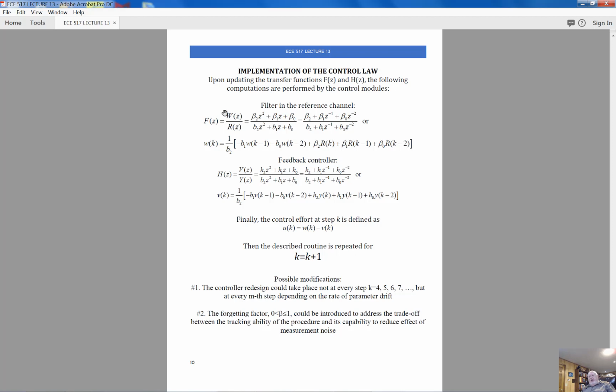The transfer function of the filter is defined as the z transform of some output variable of the filter w divided by the z transform of the reference. They are defined by this transfer function. I have absolutely no problem dividing numerator and denominator of this transfer function by z squared, and I'm getting this result. And based on this result, I can obtain an easy